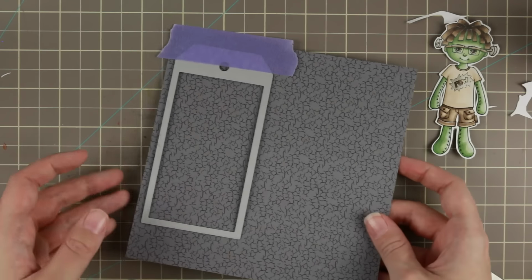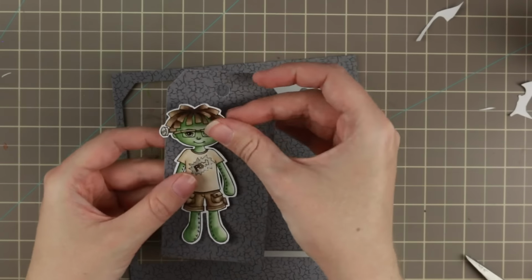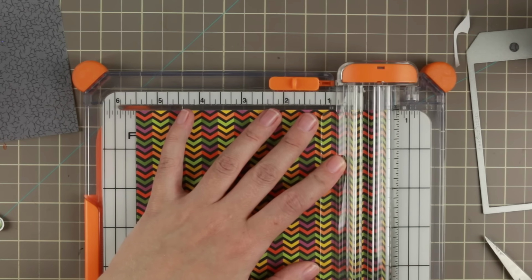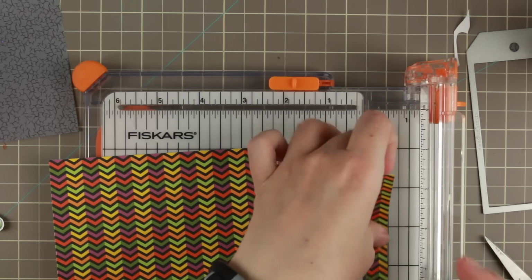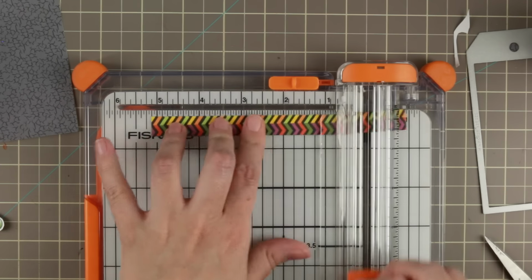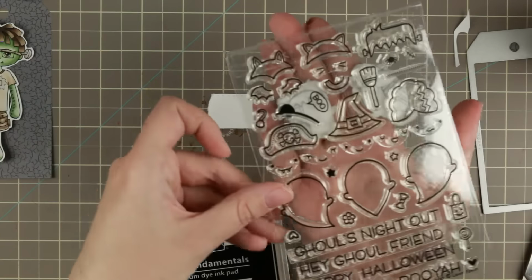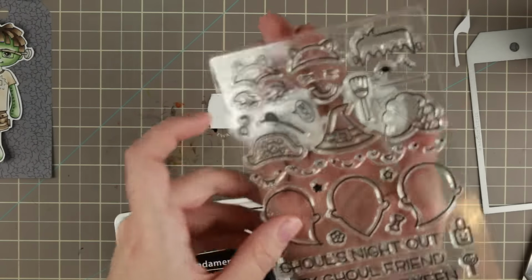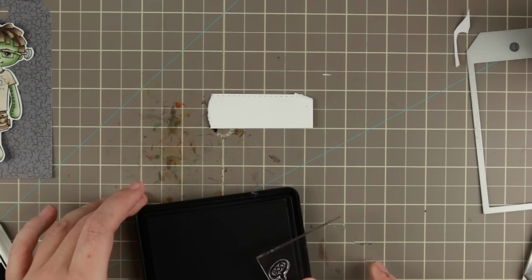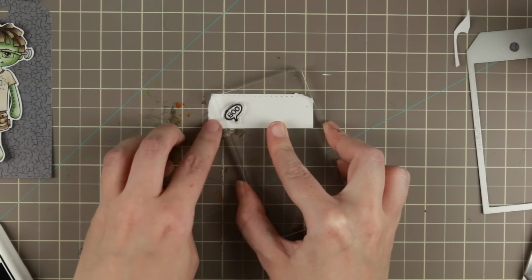So I'm using a tag die by Tim Holtz, and I'm cutting it out in a pattern paper because I thought that would be good. It's a little bit flimsier on the side as it is paper and not cardstock, but I still like it, so I didn't want to add anything else to it. From the same pattern paper stack, I found this stripy paper that I wanted to add as a little bit of detail. For a sentiment, I'm using this very, very simple Boo stamp from the Haunted Booyah stamp set